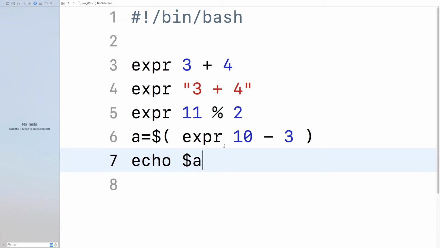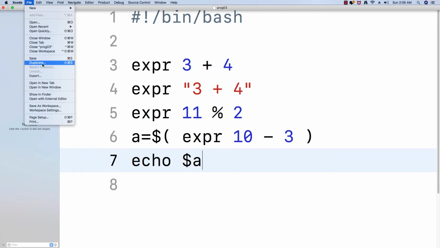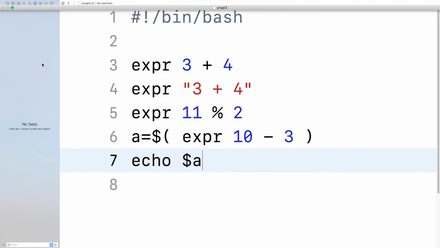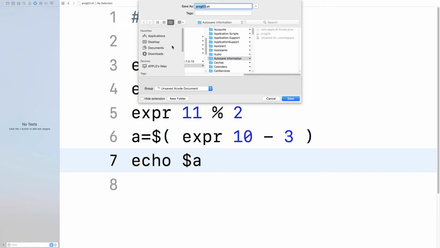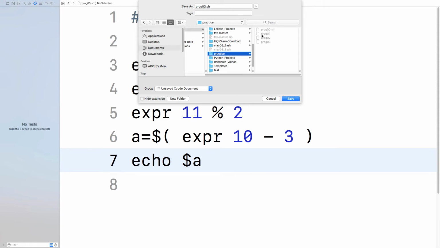Now there is one more way and we are going to discuss that also. So I will just go ahead and duplicate this file. Documents, Ashwin data, practice, and prog04.sh.